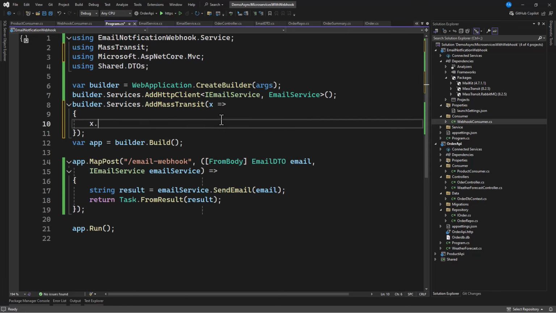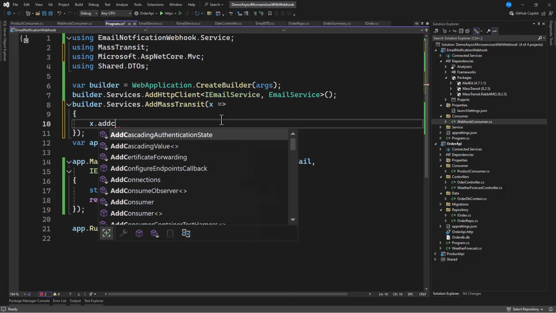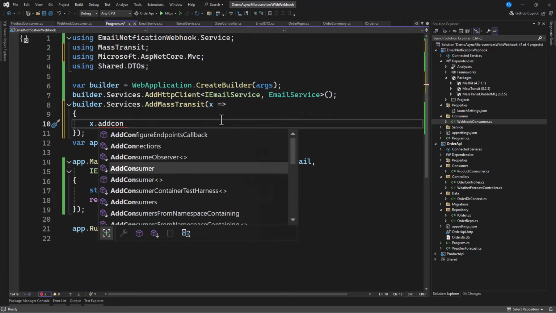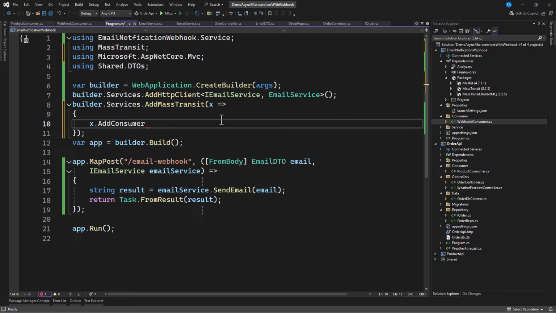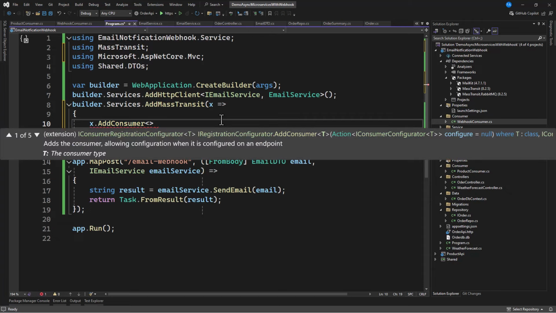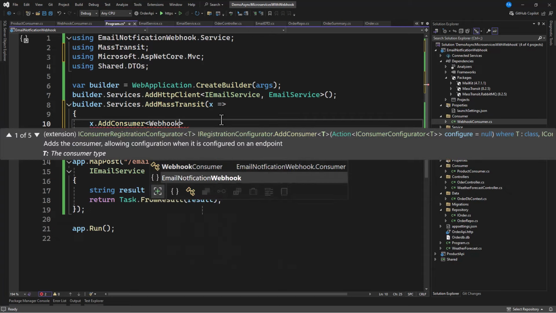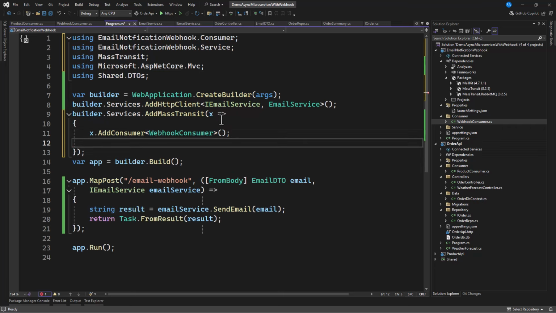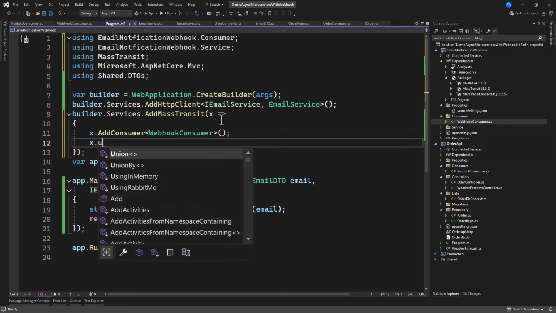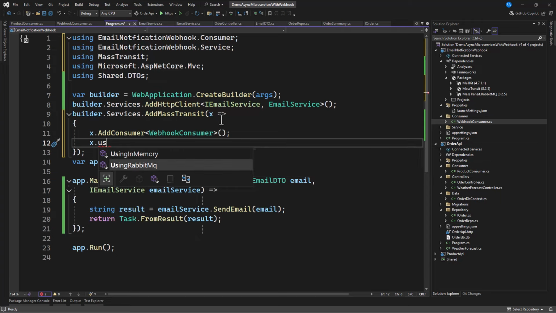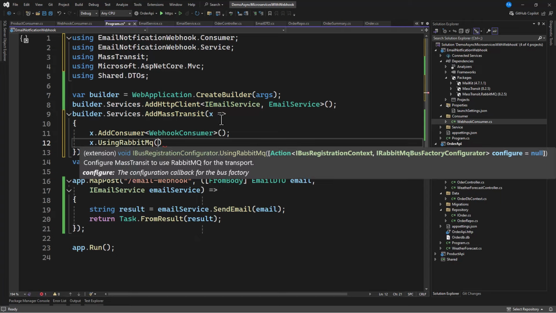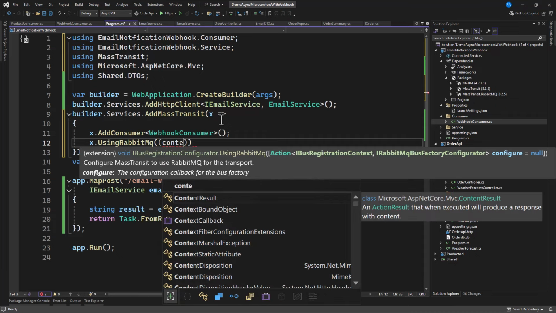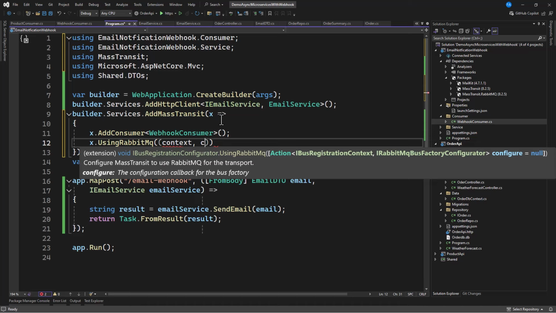Let's close it. So x dot, let's add a consumer, and this consumer, it is webhook consumer. Aside from that, let's use RabbitMQ, and in here we need to specify the context, configuration,